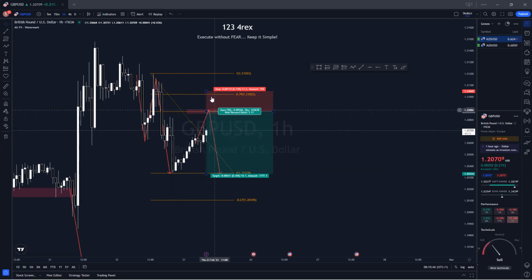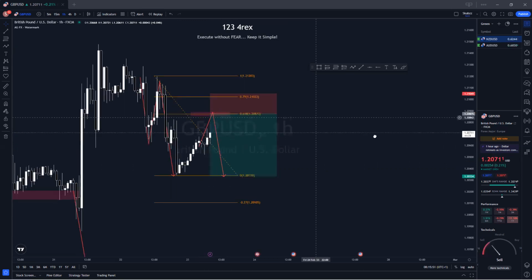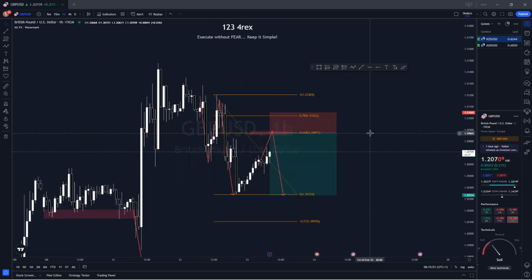Jump on it at the 0.618, stop loss above the 0.79, and then just target it like this. So this is what you can watch out for in GU. If it doesn't play out, see, they can never be perfect. So let's stop trying to make it perfect. If it doesn't work, then it's just another day in the market. It's just another L. Just make sure that for the next opportunity we're ready and there to take it. That's just it.